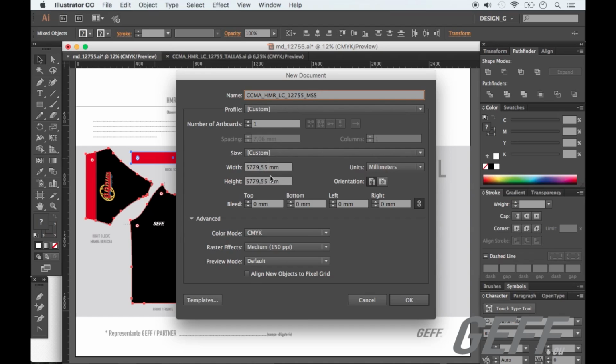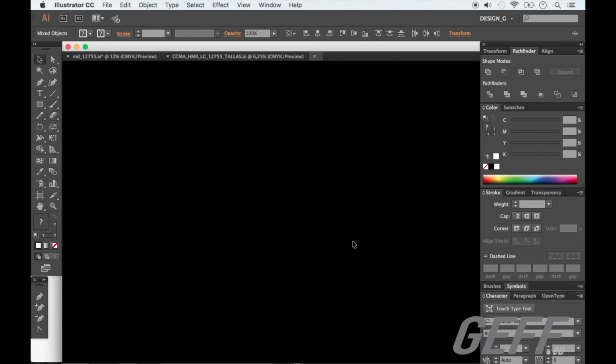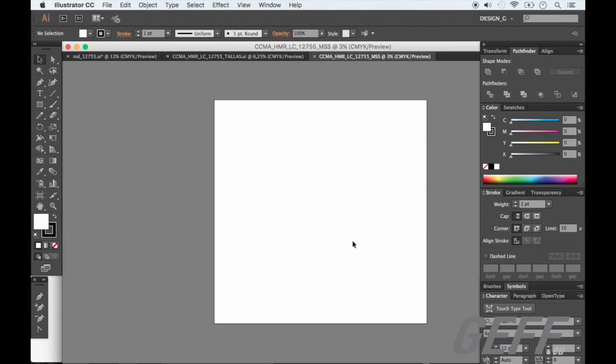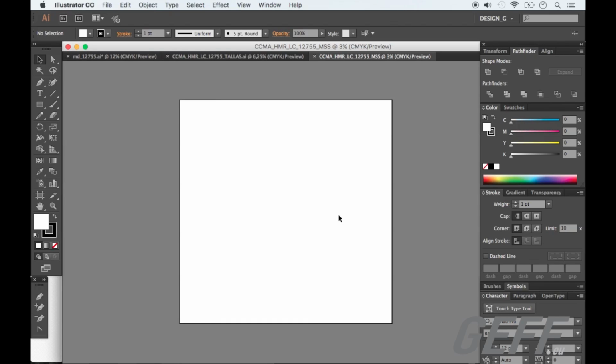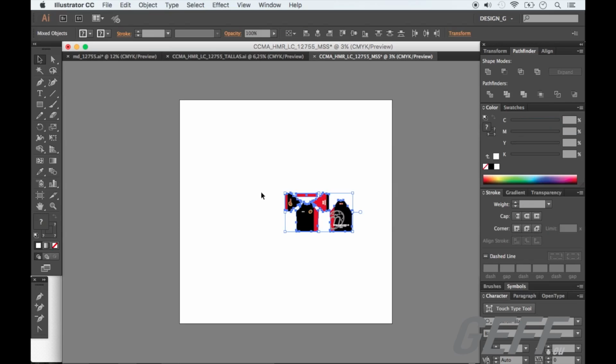The size of the document is again irrelevant, because this is not going to be a printing document. It's a point of information. I just select the whole working area, but I will change the size of the artboard in a couple of minutes because we may need it. So now we just paste